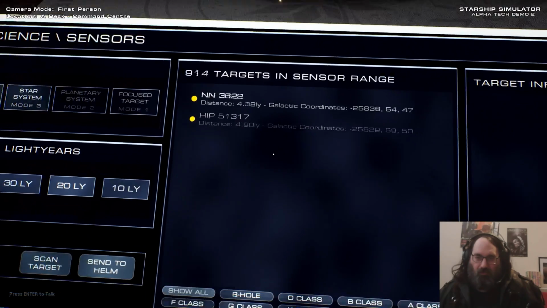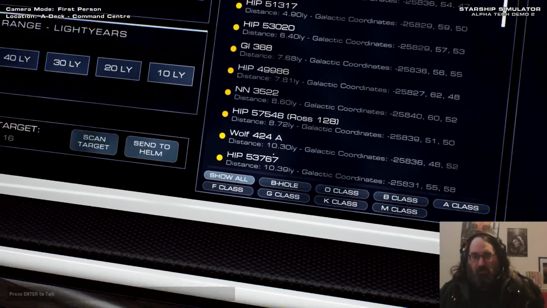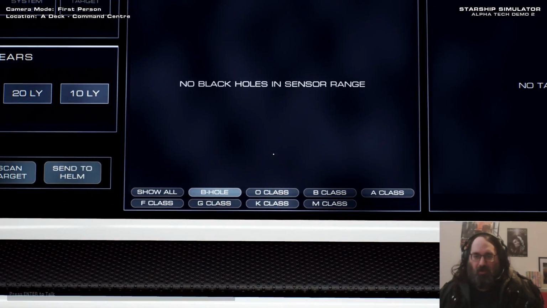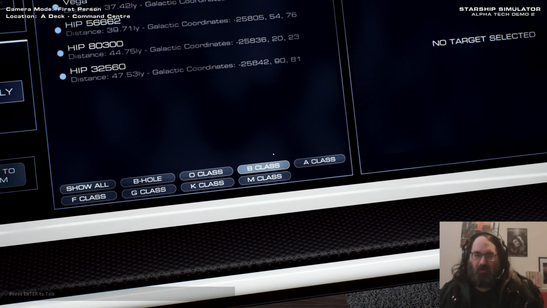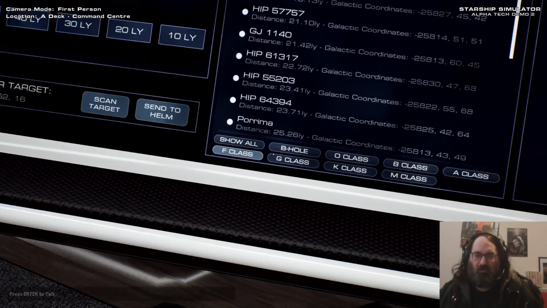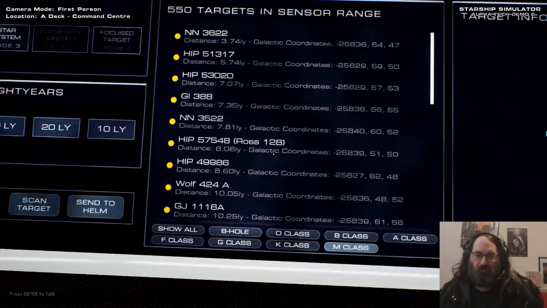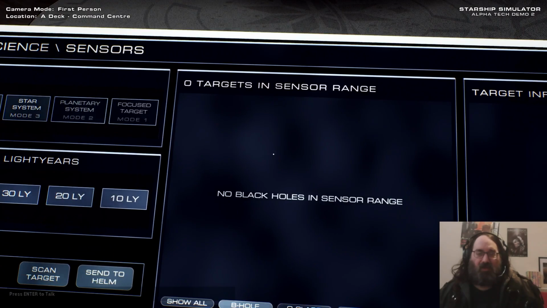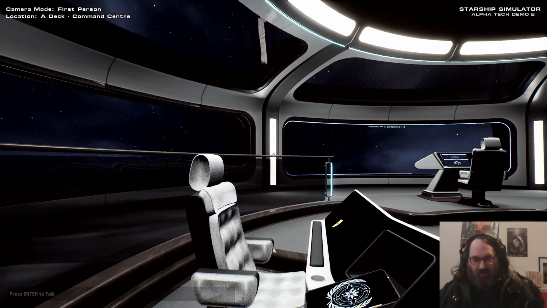So let's see, what have we got here. Also, if you want to filter what we've got, we can go down to black holes, O class, B class, A class. As you can see, these go on, K class and M class. Now like I said, I really do hope that I am still heading towards the black hole, otherwise this